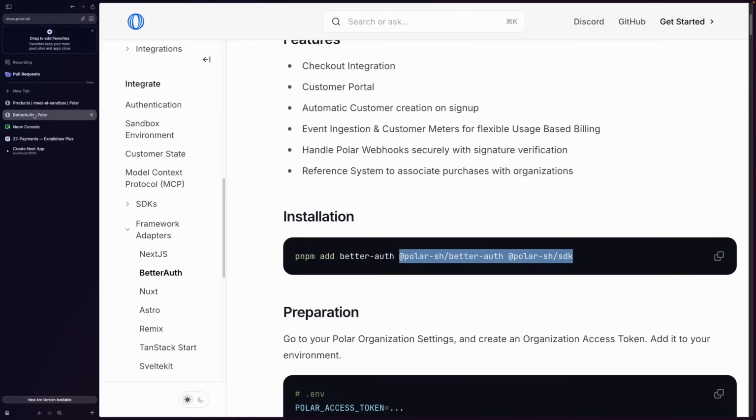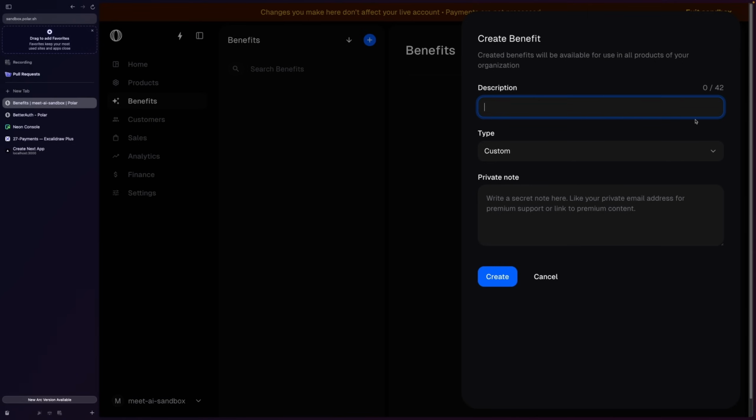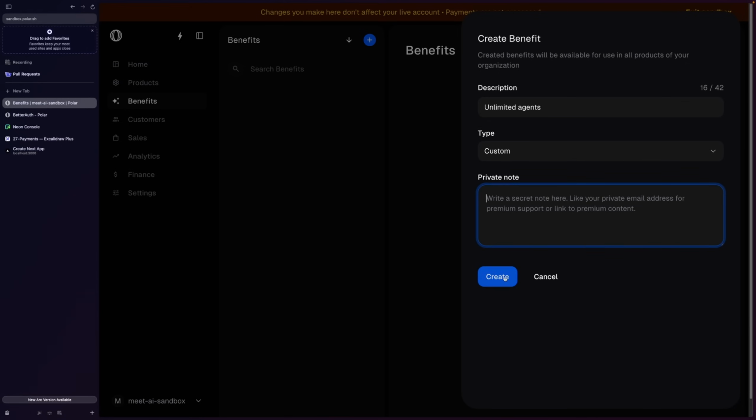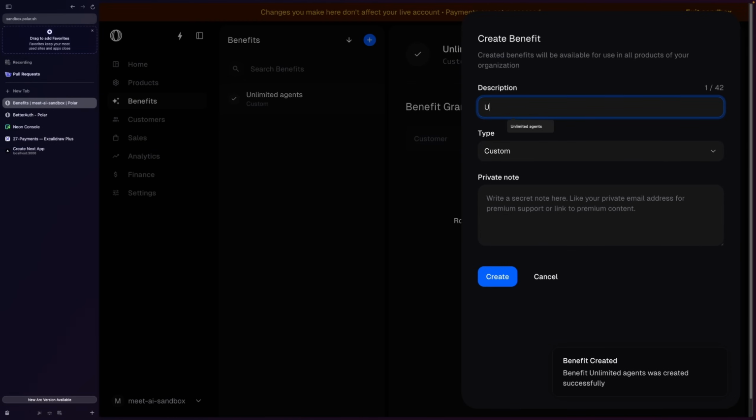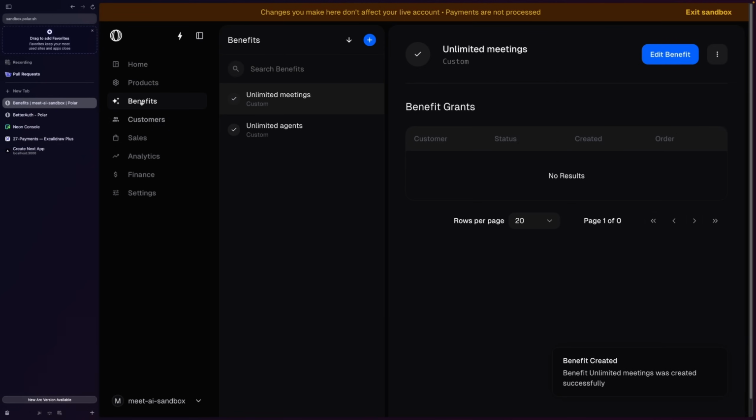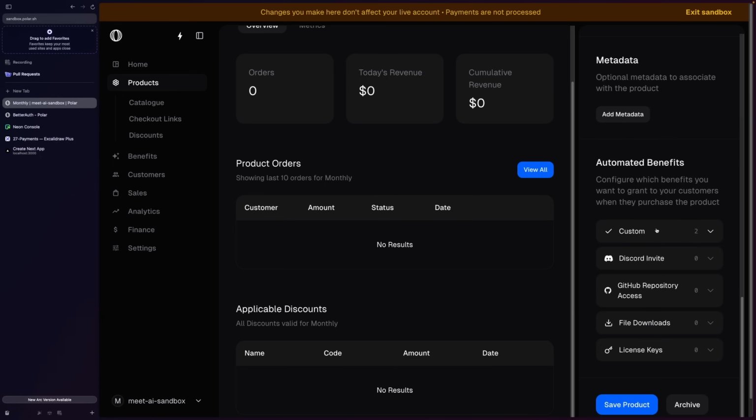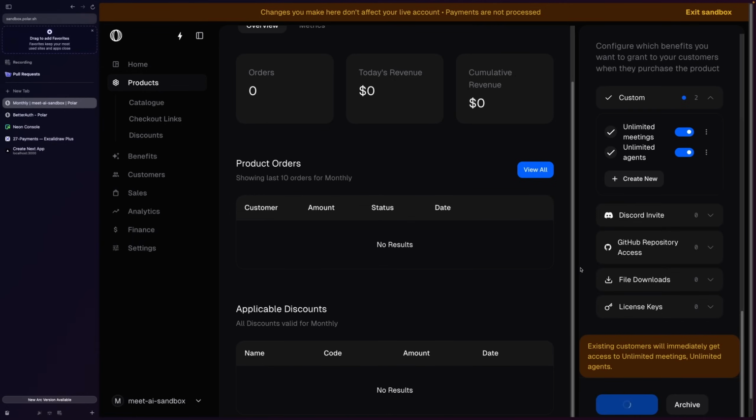Now, what we have to do is go inside of here and click on benefits here. It's easier to create them from here. And now the first one will be unlimited agents, like that. And give it a type of custom here and click create. Then let's create another benefit with unlimited meetings and create. And now let's go inside of our products here, inside of monthly, and find the automated benefits section, open up